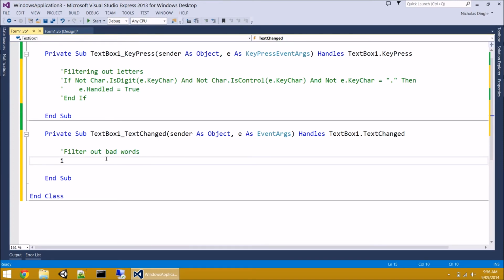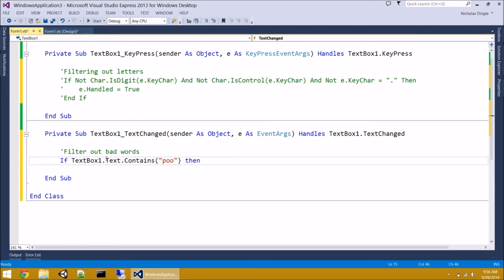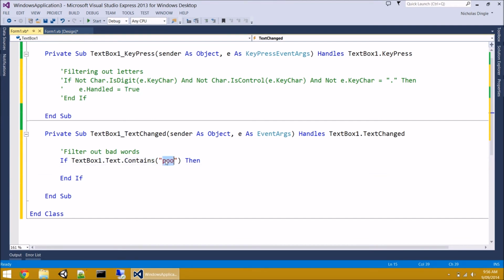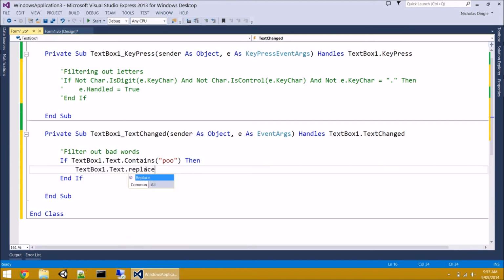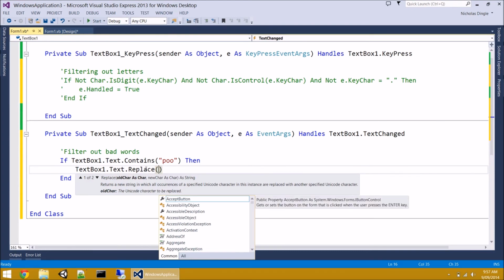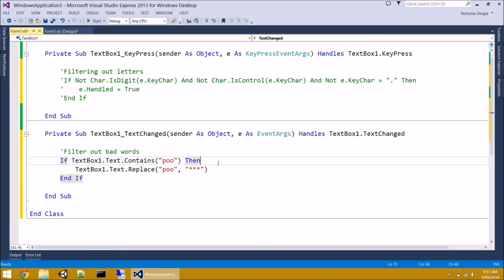So first of all, if the text box, if its text contains a bad word, and I'm just going to use poo for this example because I don't really want to type in a bad word. So if the text box contains a bad word, then we're going to replace it. Okay, so to replace it, we use textbox1.text.replace. And if you remember the replace function from one of the old videos, you need to pass it the old string and then the new string. So the old string is poo, the new string is going to be star, star, star. Alright, so if I press play,